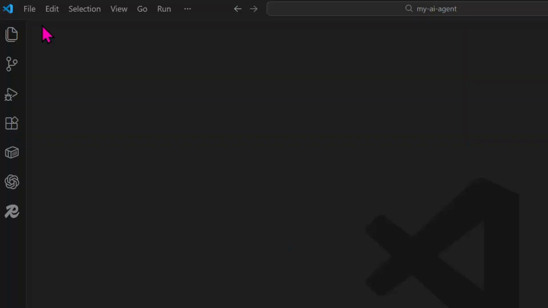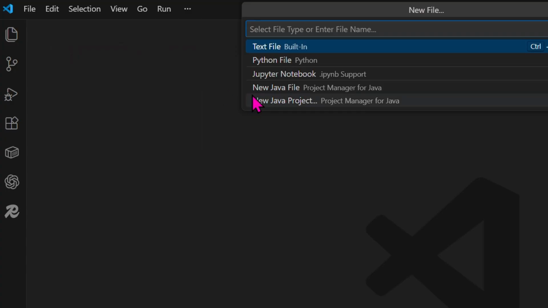Before we tackle Gmail, let's build the simplest possible agent to understand how the pieces fit together. Our agent will have one tool, a calculator. When you ask it a math question, it should figure out if it needs to use the calculator, use it, and return the answer. Open your code editor, create a new file called